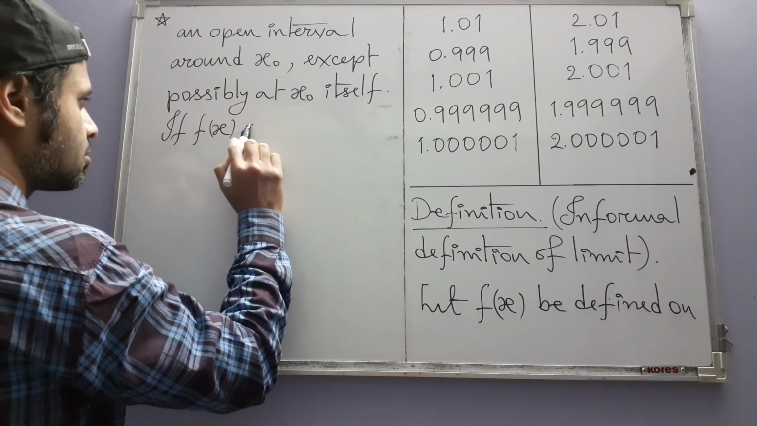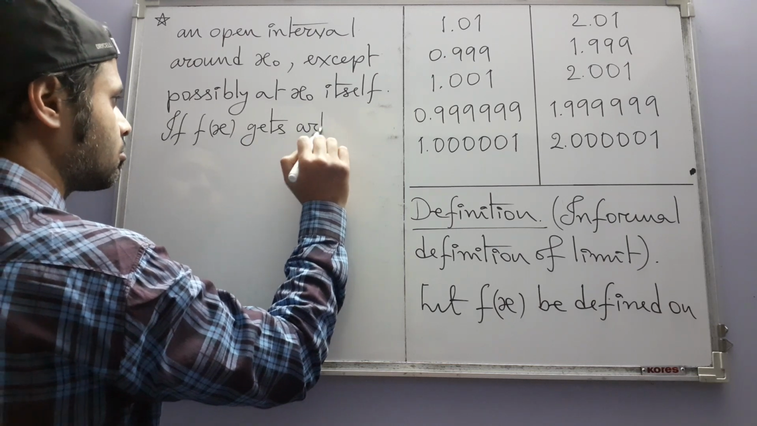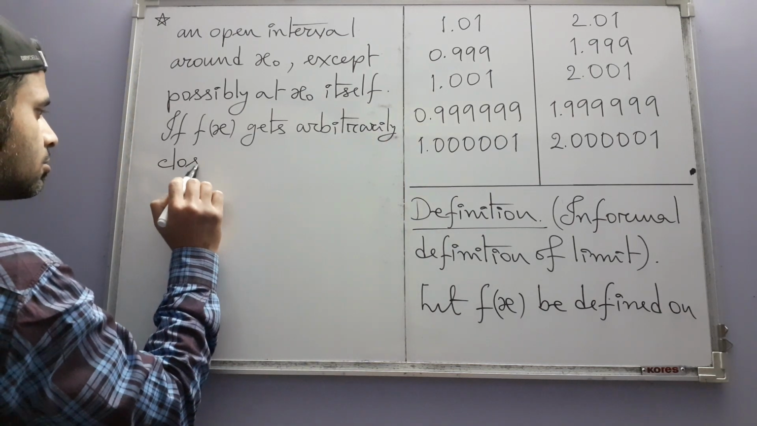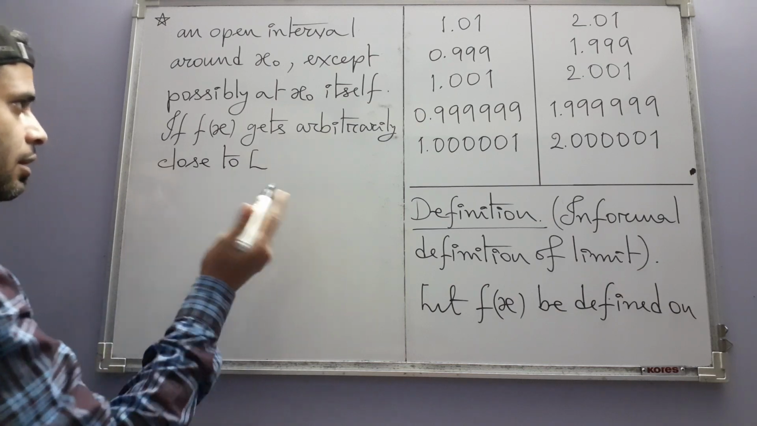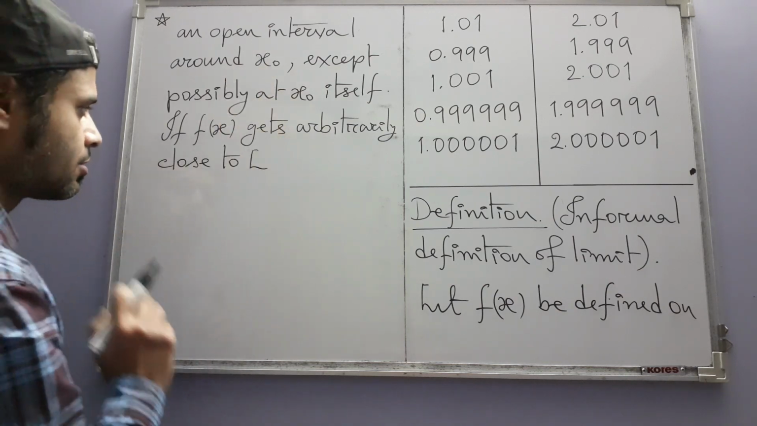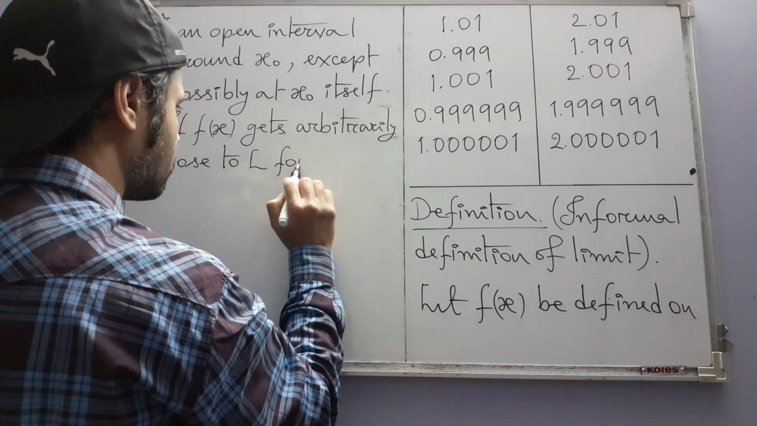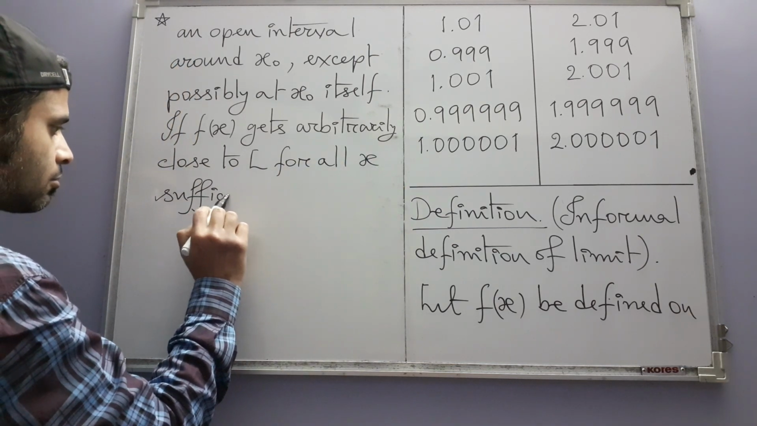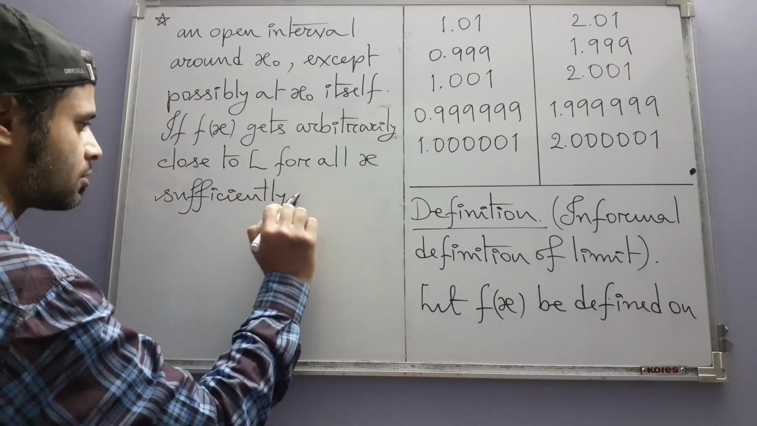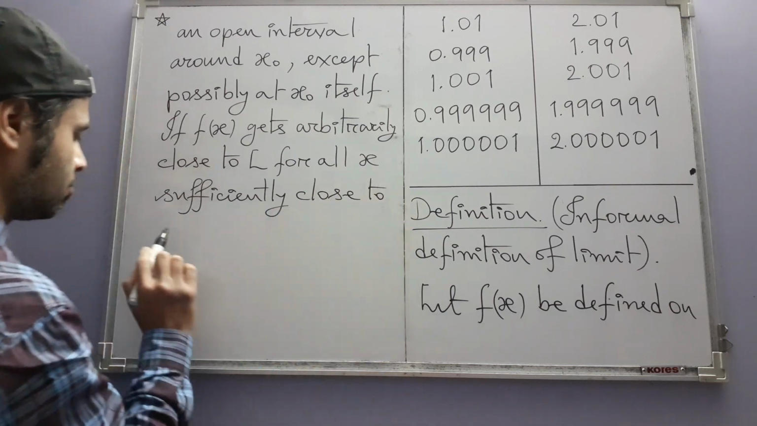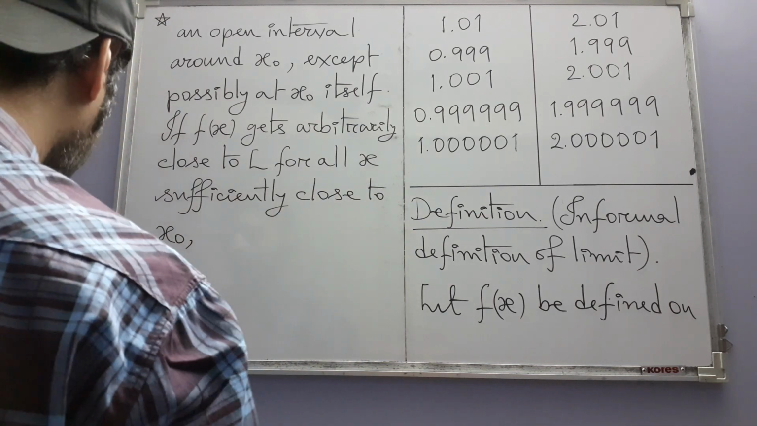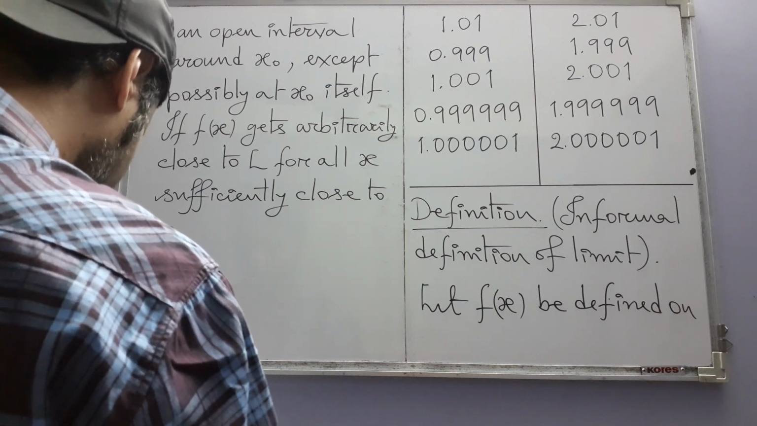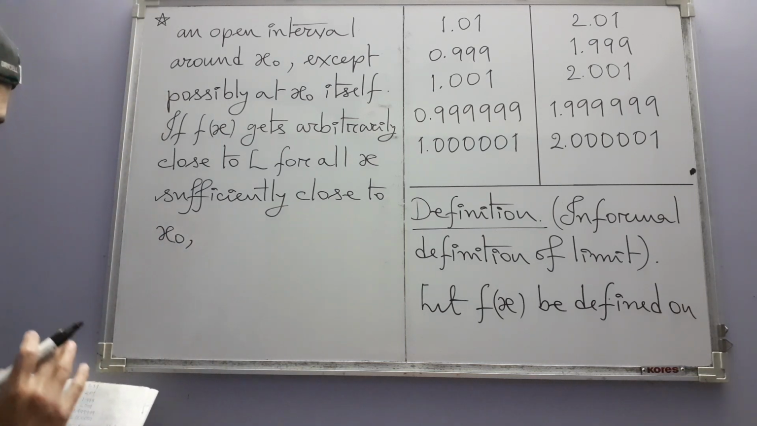f(x) gets arbitrarily close to L, where L is some real number, just like x naught, L is also some real number, for all x sufficiently close to x naught, then we say that L is the limit of f(x) as x approaches x naught, or how the authors have written here, we say f approaches the limit L